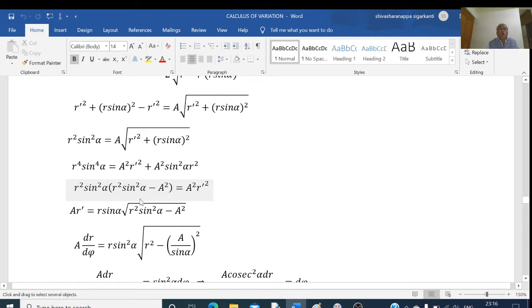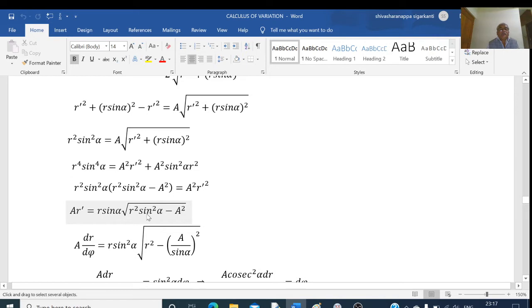Or taking the square root, a into r dash is equal to the square root of this. If I take the square root, we get the square root of r square sin square alpha, which is r sin alpha, into the root of r square sin square alpha minus a square. So that is a into r dash. Here my independent variable is phi. R dash means dr by d phi is equal to r into sin alpha...